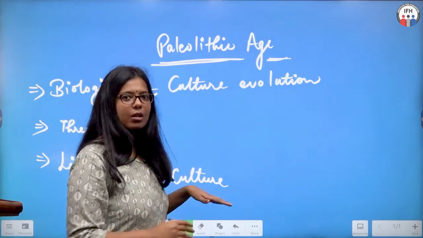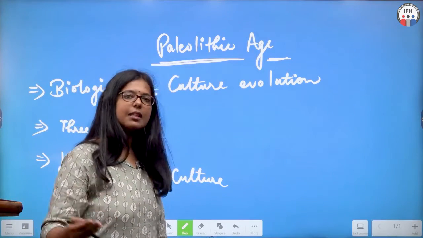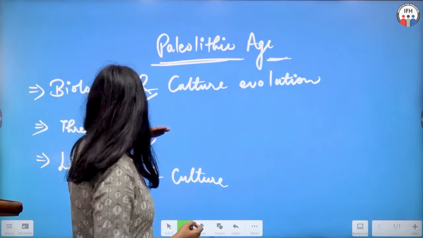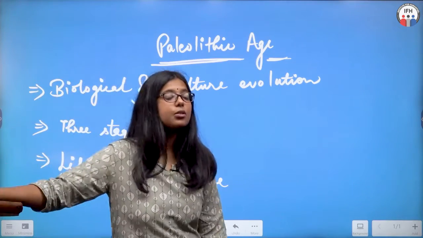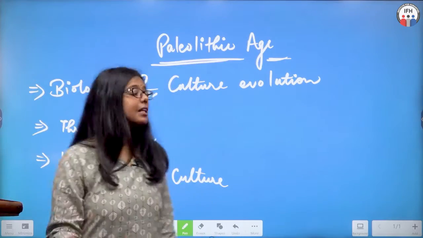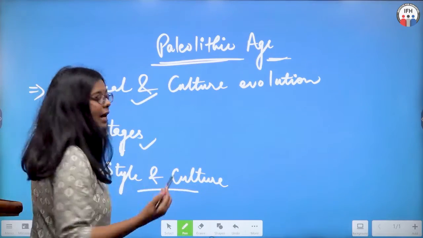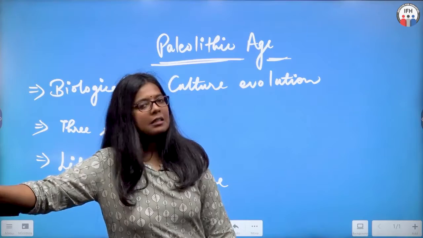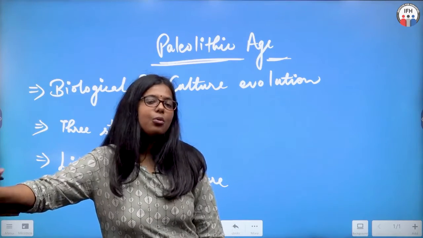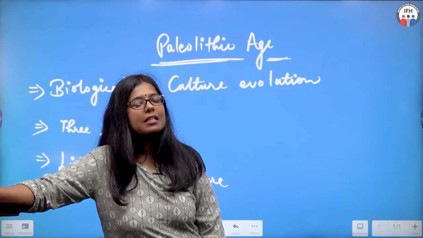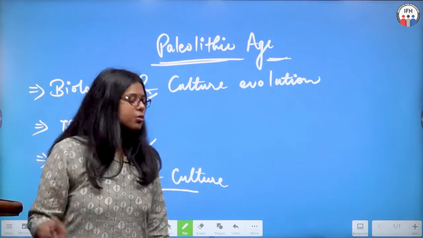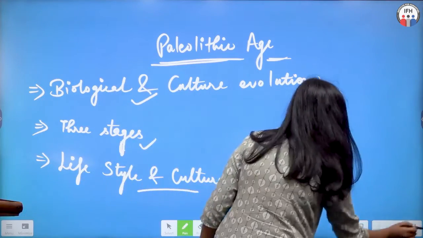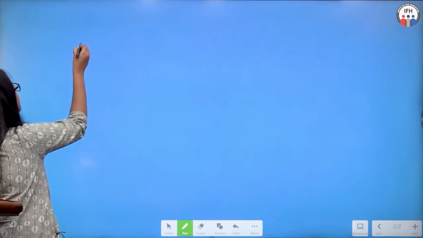So we'll discuss all these things, how humans are culturally evolving in all these three stages, and why do we divide it in three stages, what are the tool types, what are their lifestyle. Then we'll come to the lifestyle and culture part, and we'll also try to locate some of the important sites of Paleolithic age on map. So let us begin. So see, when we are talking about history,